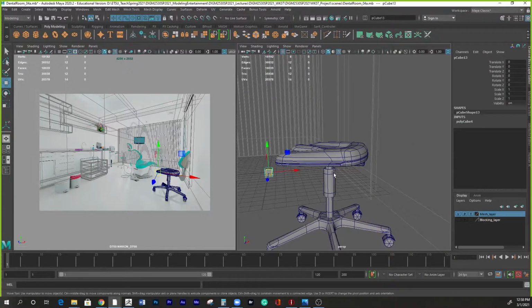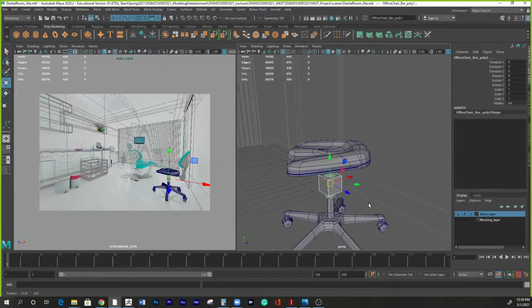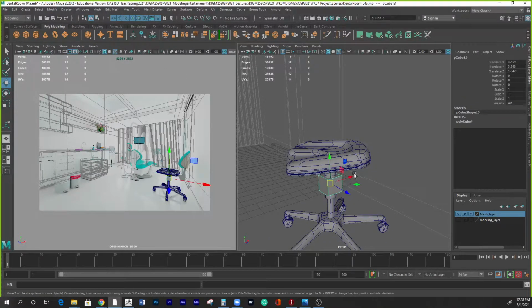So I'm gonna locate this, align, go to match transform, just match translation, so that it gets started a little quicker. Here we go. Now, when we do this, we could rotate into that angle and then we can sculpt it from there too. So let's try that this time, but move into the location first, and then you're gonna